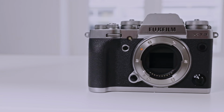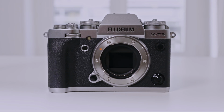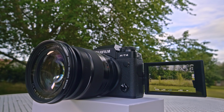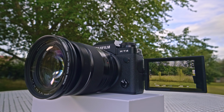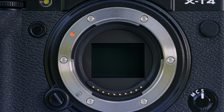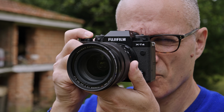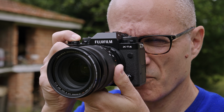How could Fujifilm possibly follow its X-T3, the best APS-C mirrorless camera on the market? When it came out 2 years ago, it was shockingly good for both video and photos. Fujifilm's answer is the X-T4, a big evolution in its flagship X-T series. It has the same sensor as before, but delivers much needed upgrades, like a flip-out screen, improved autofocus, and in-body